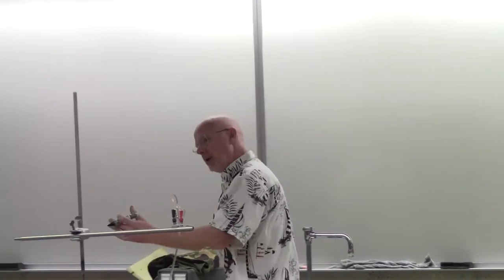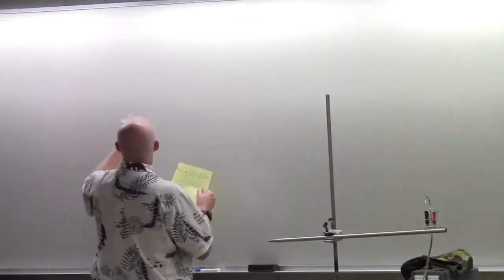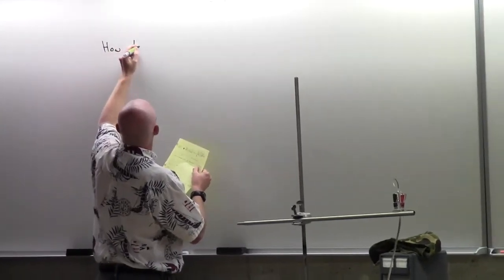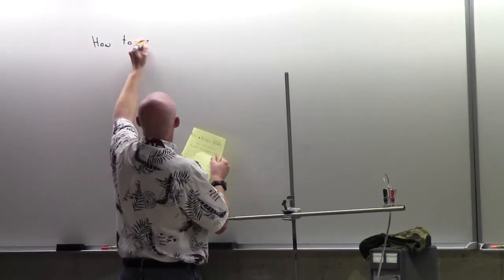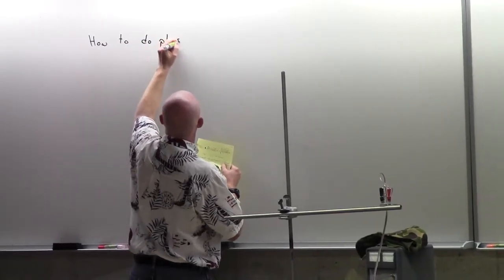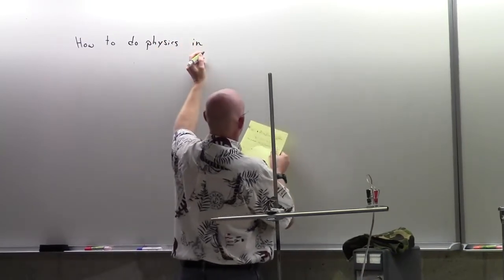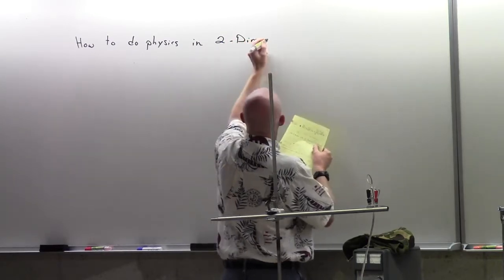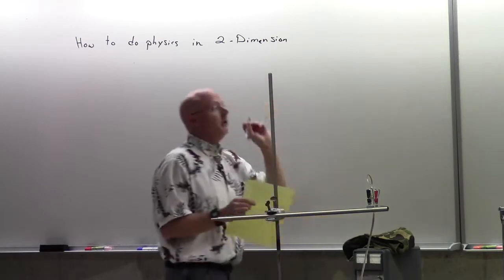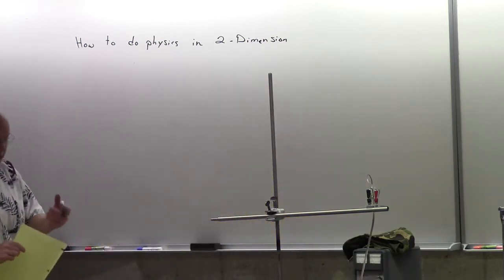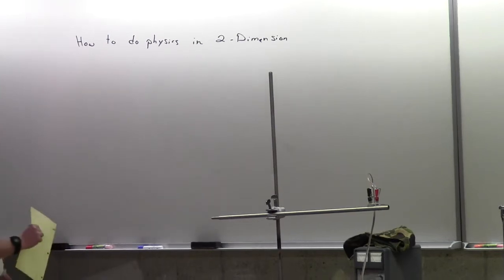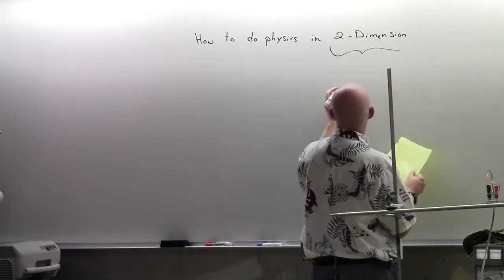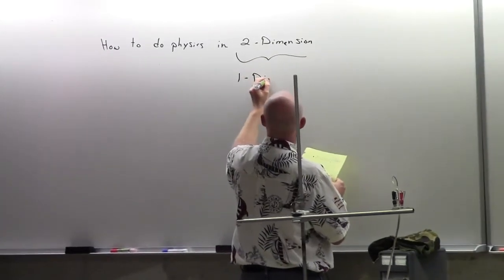In fact, where I want to begin is really to take you back to Physics 102 and really ask this question: how to do a physics problem in 2 dimensions. And so if we toss a rock across the ground and into the pond, or I'll just do an eraser across the room, how are we going to handle 2-dimensional motion? And I hope what you learned in 102, and I'll illustrate again here in a few moments,